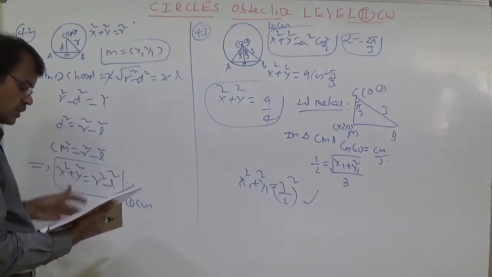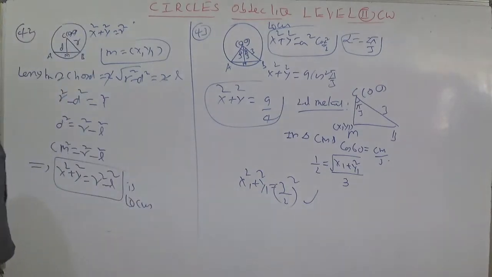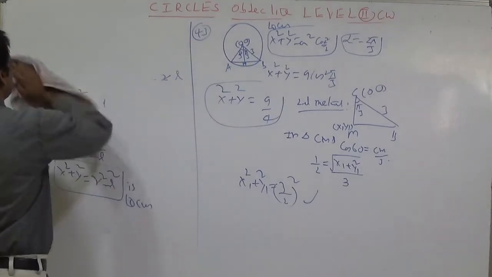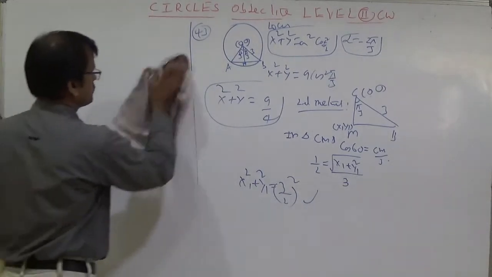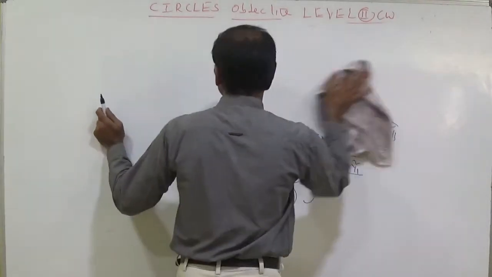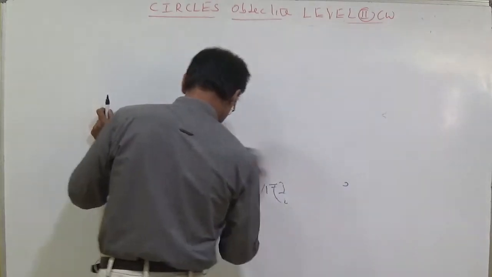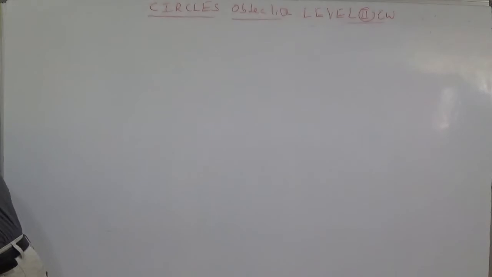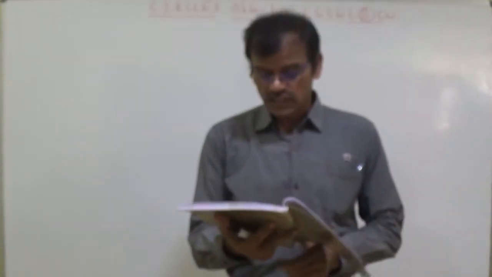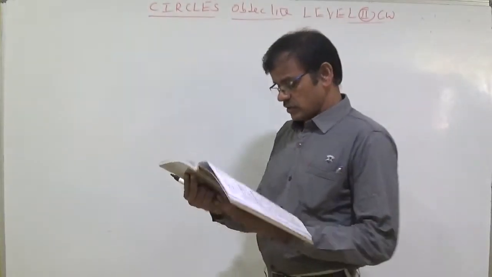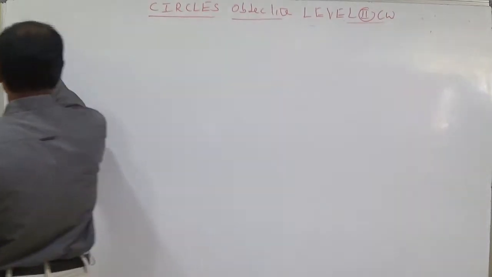So it is better to remember the formula, it is easy. On each and every concept we discuss, the IPE and the objective also. Level 1 and level 2 sums depend upon the IPE concepts and the simple formulas I mentioned in the objective too. Level 1 and level 2 depend upon such concepts, but level 3 is entirely different from level 1 and level 2. Now the 44th question.